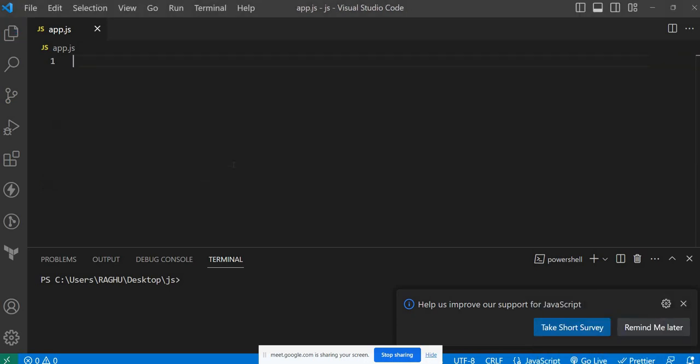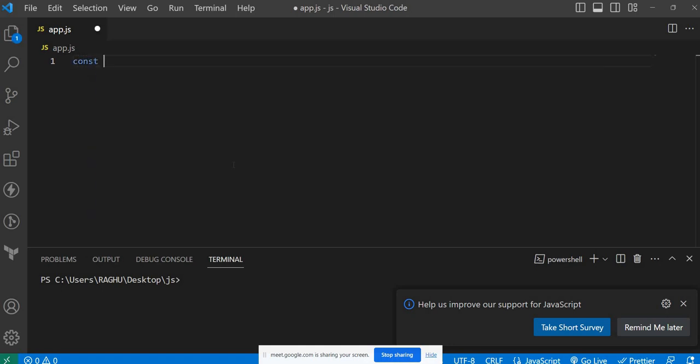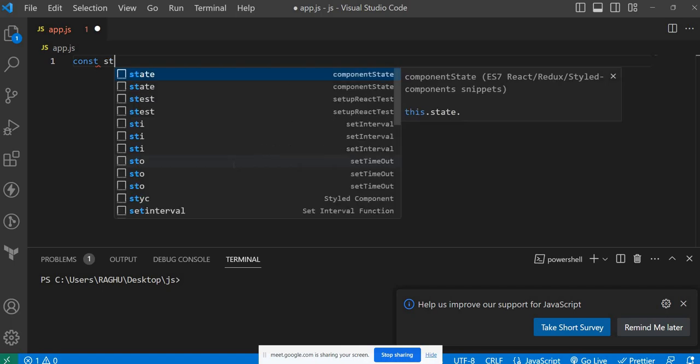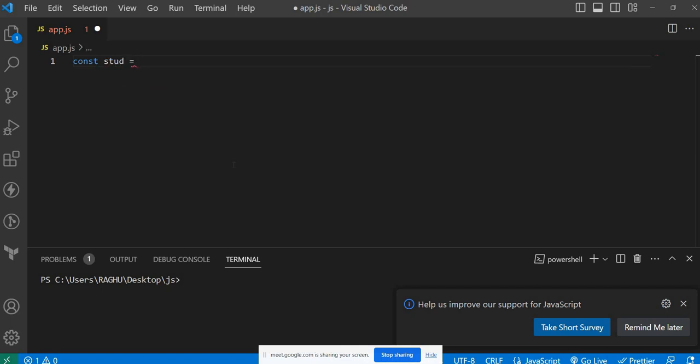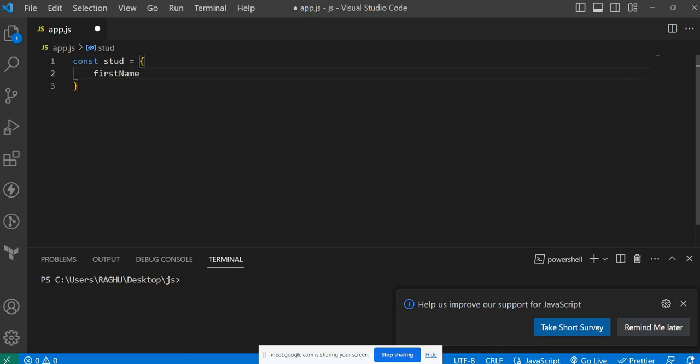So let's write some objects, and we are going to learn some really interesting things today. I'm declaring a student object. So I'm just defining the object. The first name, you can go with single quotation or double quotation, that is fine. First name, I'm just writing Vijay. Last name,